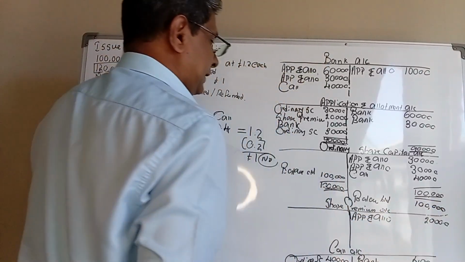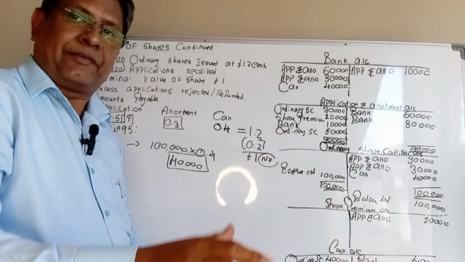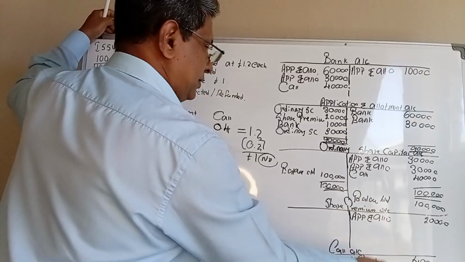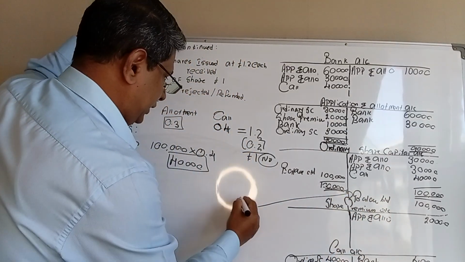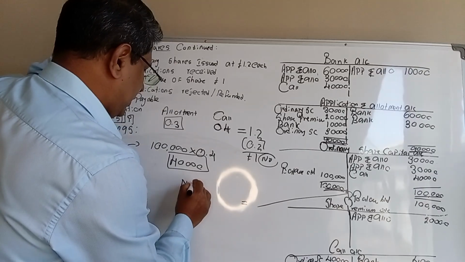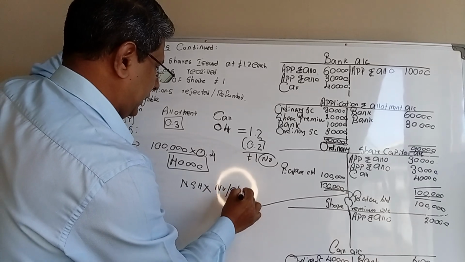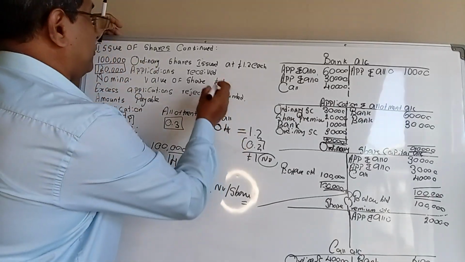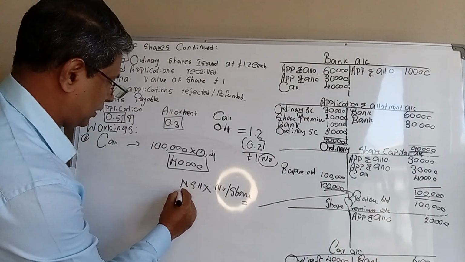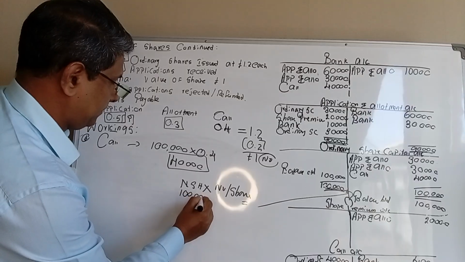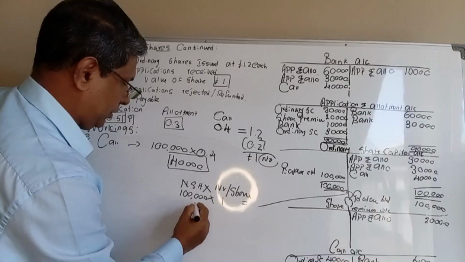Okay. Now there's a secret here. What's the secret I told you? If there were no opening balance in the share capital, always the amount that you should see in the ordinary share capital should be equal to the number of shares issued into the nominal value of a share. In this question, number of shares issued 100,000, isn't it? So I have 100,000 shares here into what was the nominal value of a share? £1 into £1. I should get exactly